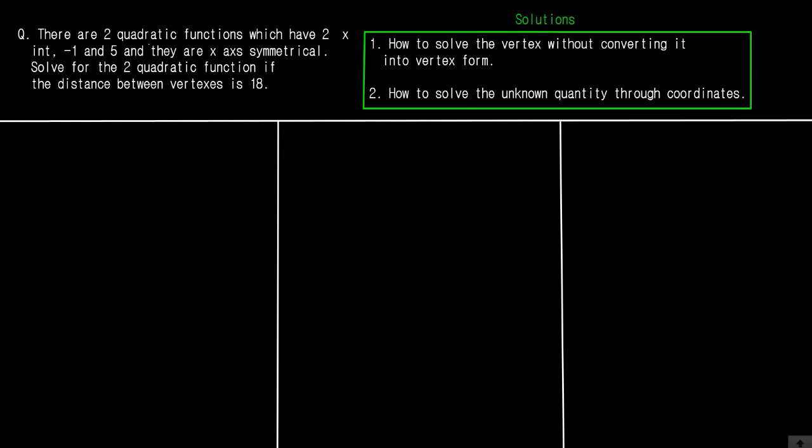There are two quadratic functions which have two x-intercepts, -1 and 5, and their x-axis is symmetrical. Solve for the two quadratic functions if the distance between the vertices is 18. We solved this question before, but now we're thinking about a better and more efficient way that we can